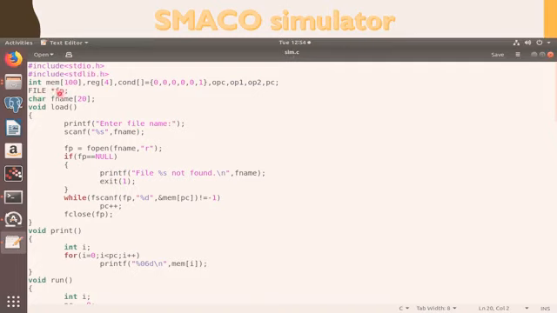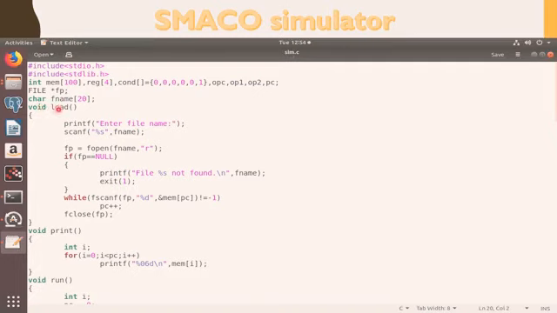pointer, and the fname is for the file name. We have created one array for the file name. So we have divided this program into 3 different functions. First of all, load the file, then print that file, and then execute that file. That is, we have to run that file. After running, that is after decoding that file, we have to get the output of that file.